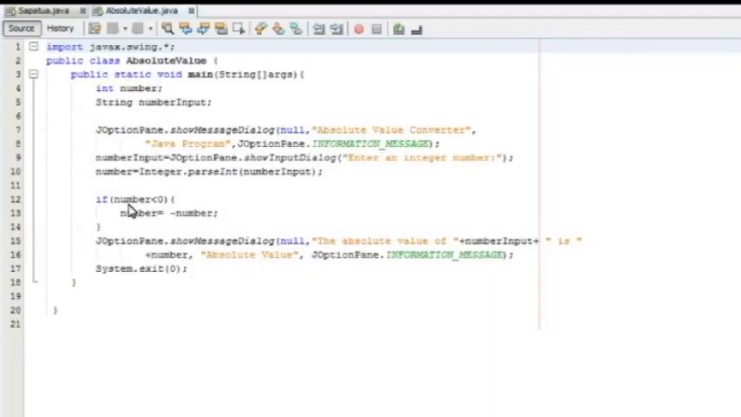if (number < 0) { number = -number; } JOptionPane.showMessageDialog(null, "The absolute value of " + numberInput + " is " + number, "Absolute Value", JOptionPane.INFORMATION_MESSAGE);